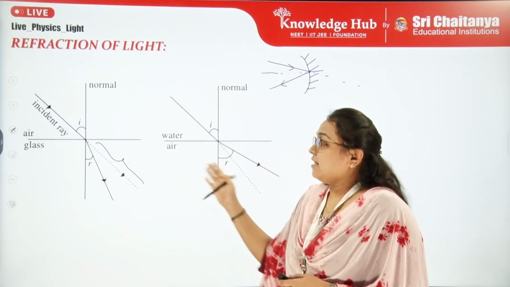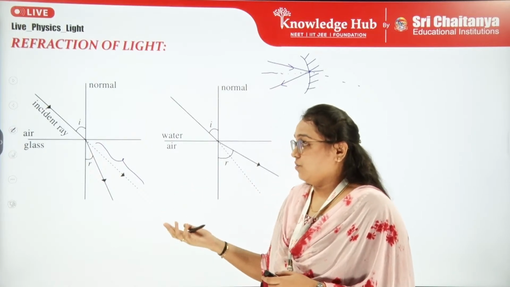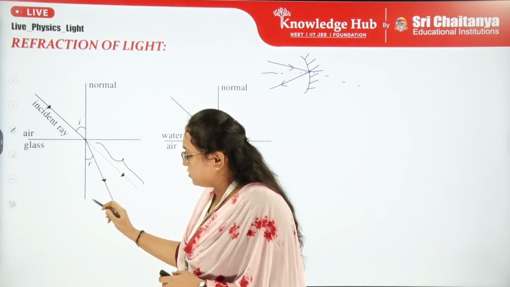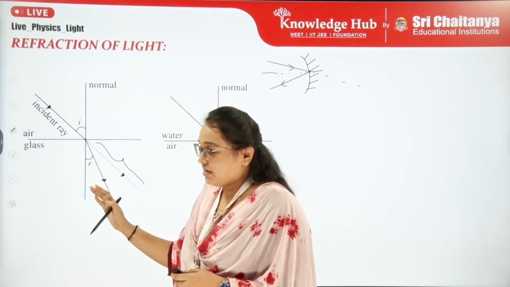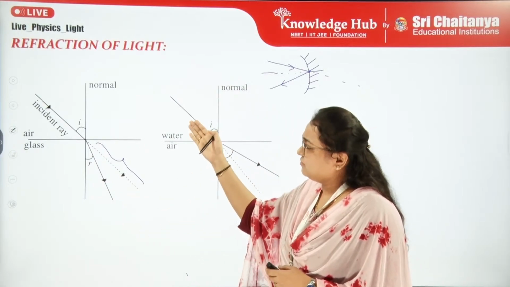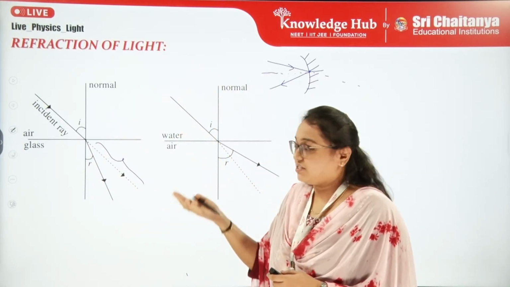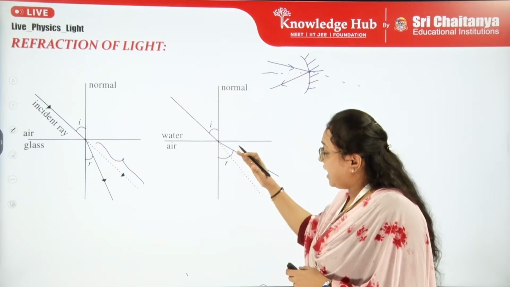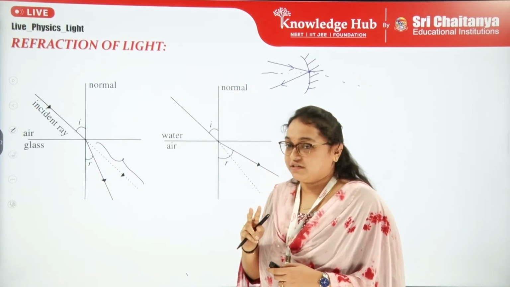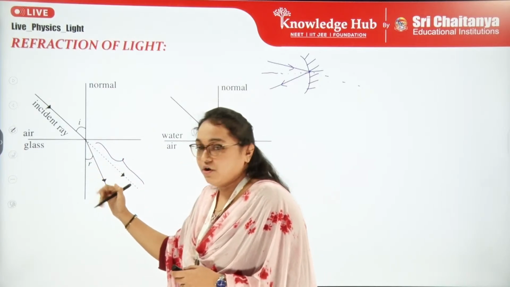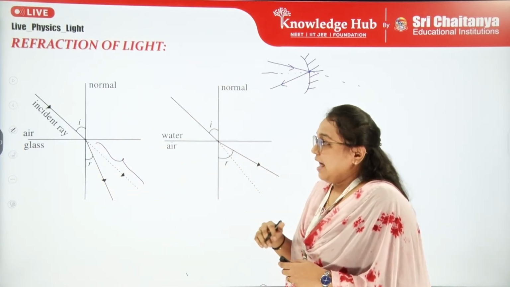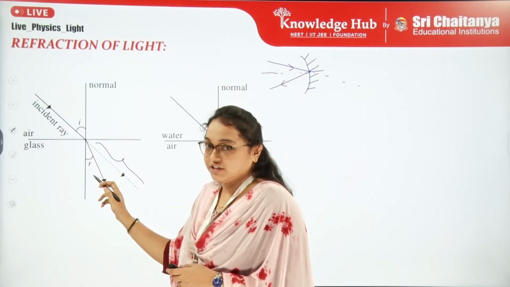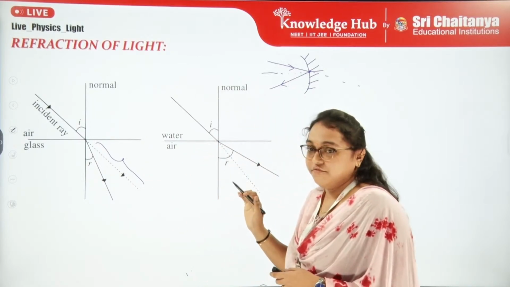So refraction can be in two different ways. See, this is the actual path of light, and light can bend towards the normal. It's very clear that light is bending towards the normal here. But suppose light is entering from denser to rarer medium, then it bends away from the normal. So bending can happen in two ways. It can either bend towards the normal or away from the normal. And these angles are very clear: this is the angle of incidence, this is the angle of refraction.